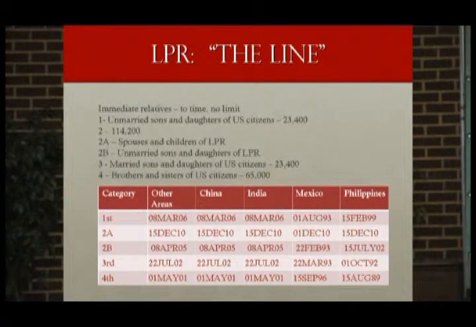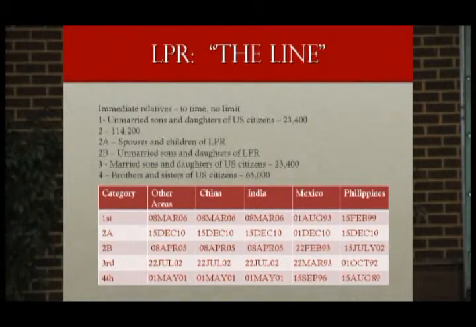So what about family? This is the family chart. I'm not going to go through each particular category, but I want to talk about what this means. The numbers to the left on the top, 1 is unmarried sons and daughters, 2, and so on, list out the category. And if you see where the description matches up with this strange looking chart on the bottom, what that means is, for the first category of unmarried sons and daughters of U.S. citizens, each year